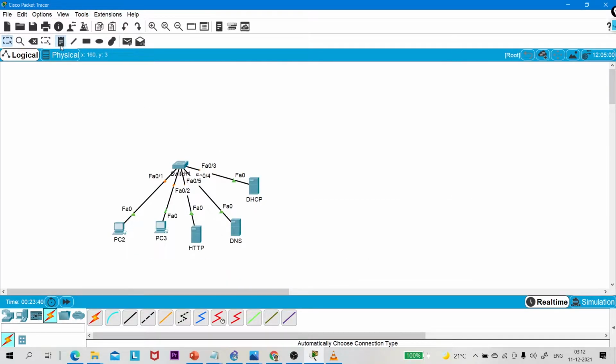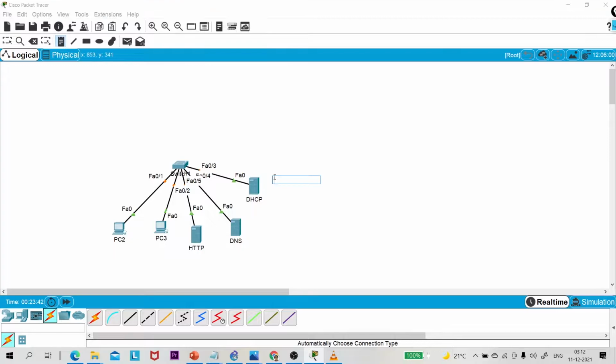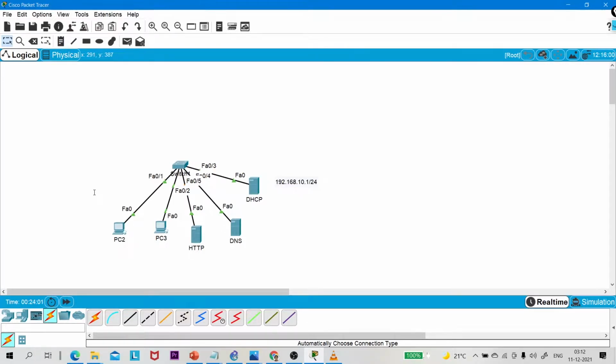Suppose the IP address I will configure to the DHCP server will be 192.168.10.1 and /24. That means the subnet mask will be 255.255.255.0. And what will be the default gateway? So we need one router. If you want to connect this LAN network to ISPs, you need one router, right?